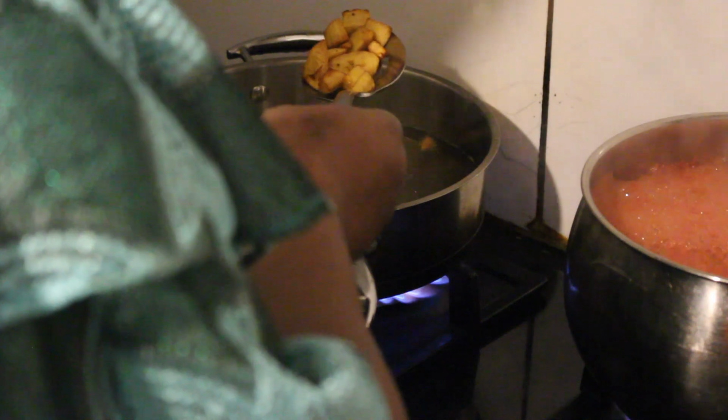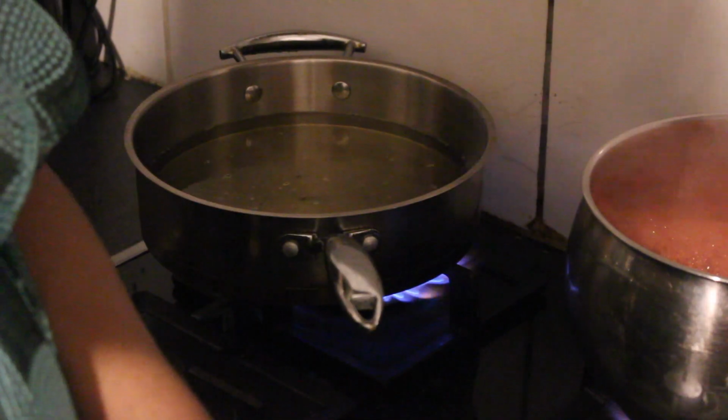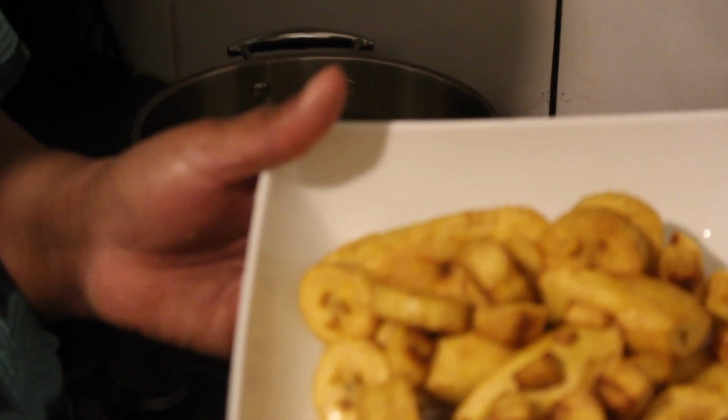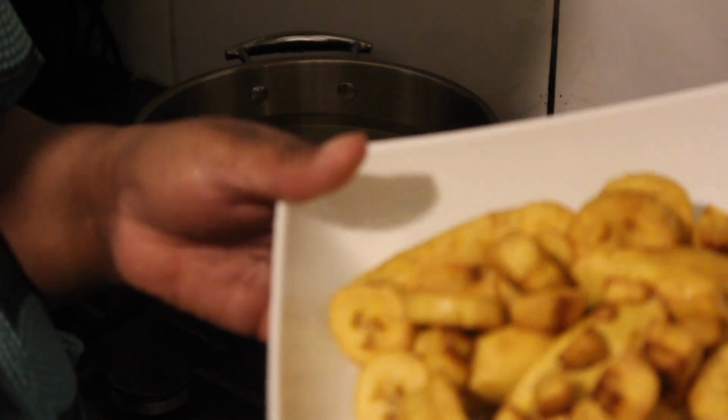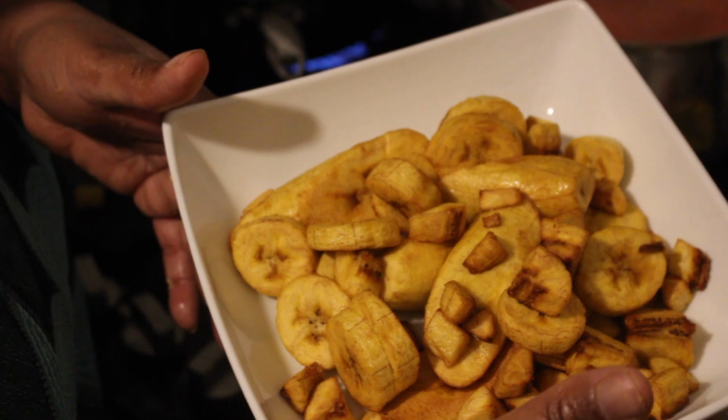Okay, once the plantain has gone golden brown, then you can remove it. Remove it from the oil. There we go. Can you see that? There we go. That's it. Yeah. So you can always cut this into different shapes. You can even use a pastry cutter and cut it into any shape that you like. Just to be creative and